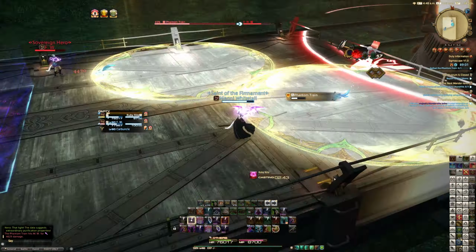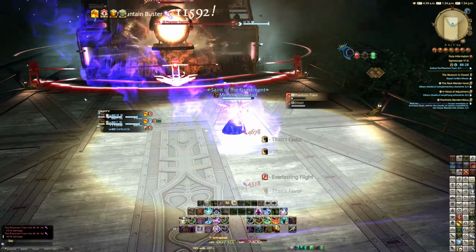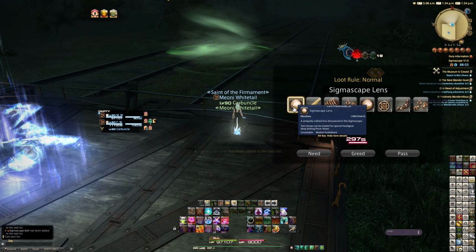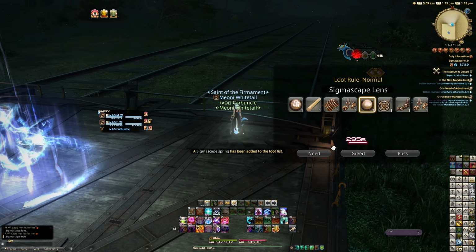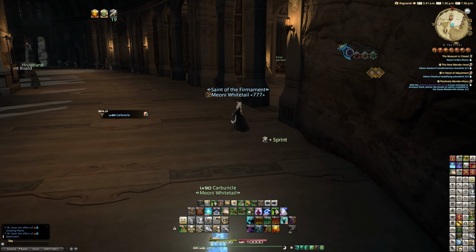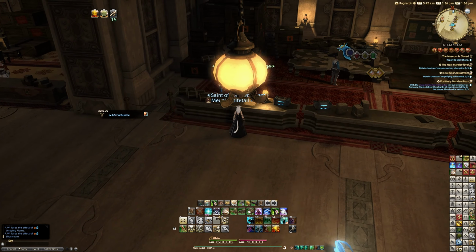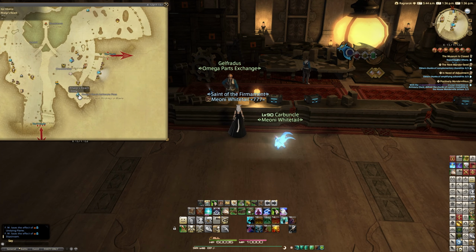You can do it on the Savage version, but of course I don't see the point in making it harder for yourself. Just get yourself some of the Carborundum helms. So 2 lenses is all you need in terms of loot. I got 2 lenses from my clear, and then you go over to Rauga's Reach, and then you talk to the Omega vendor and talk to the parts exchange,